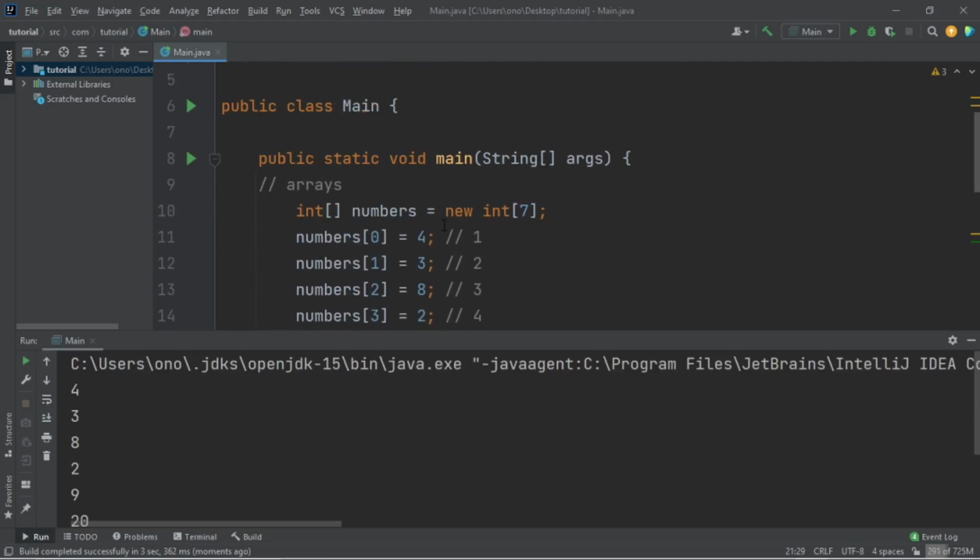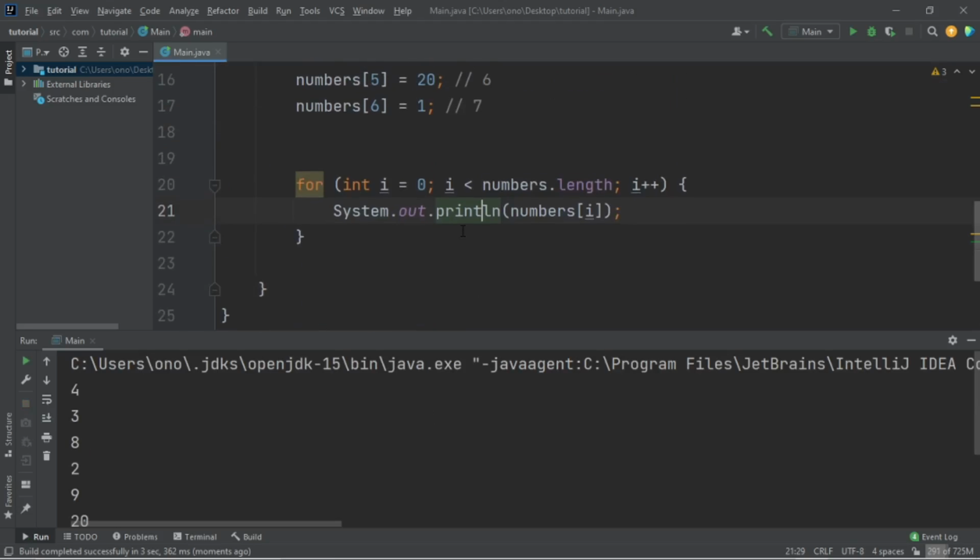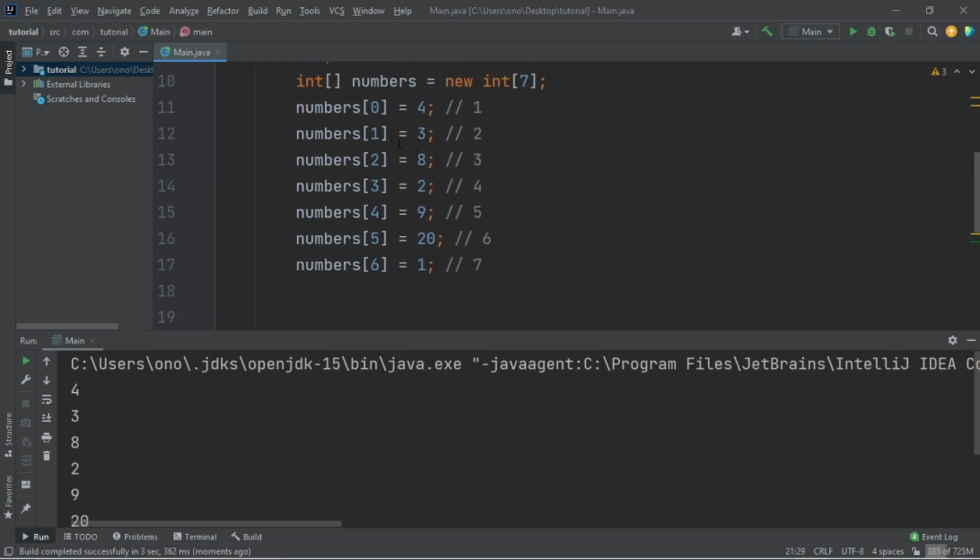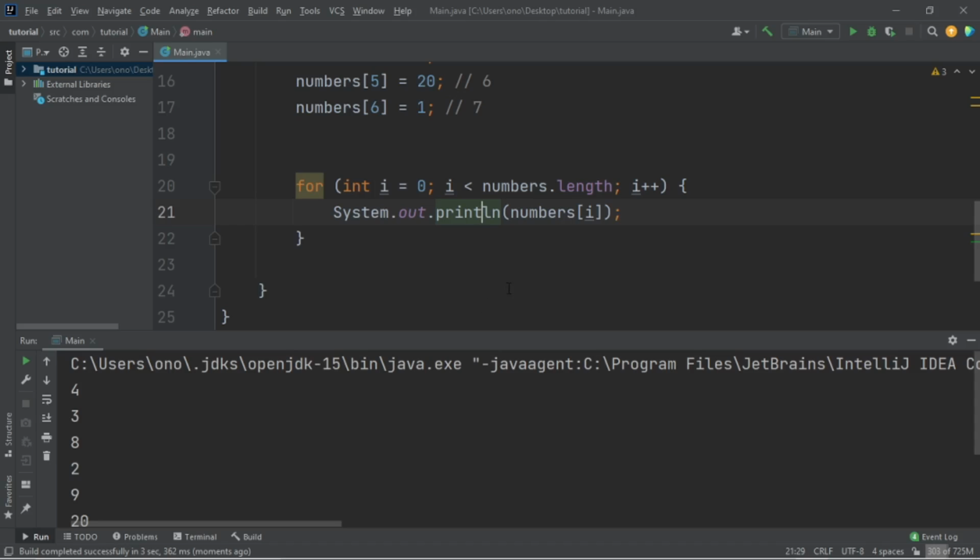Here we get 4 at 0, because it prints out the number at index 0. That's 4, and then it moves on to the next. It increments to 1, so now we're going to check numbers at index 1, which is the second position. That's going to be 3, right? It's going to print out 3, and then it checks numbers at index 2. It's going to print out 8, and so on. So that's how you can print out the values inside your